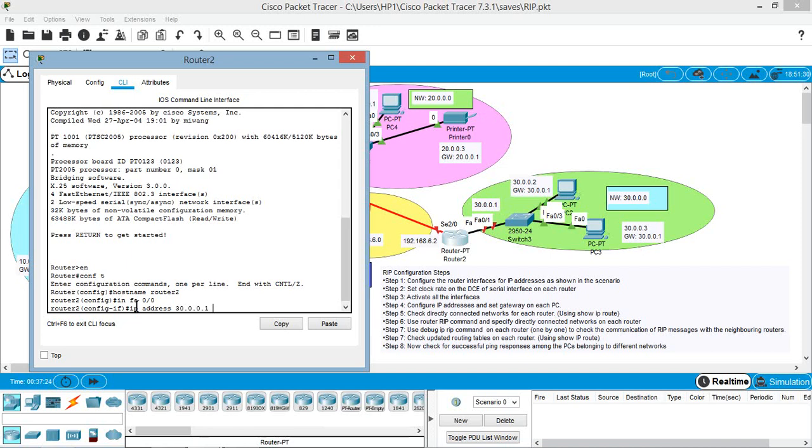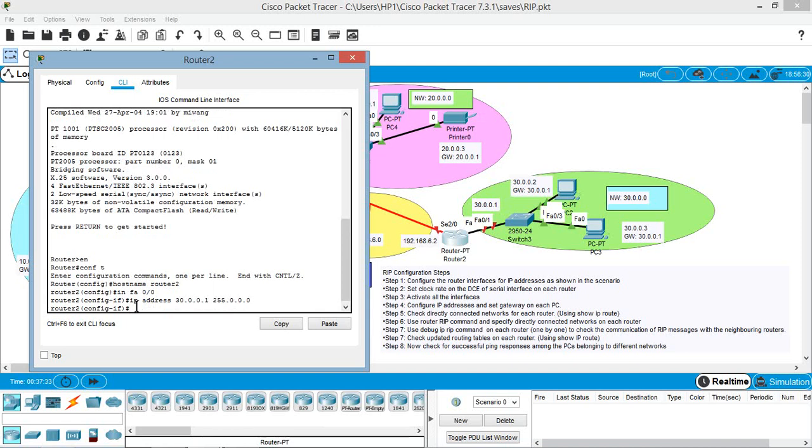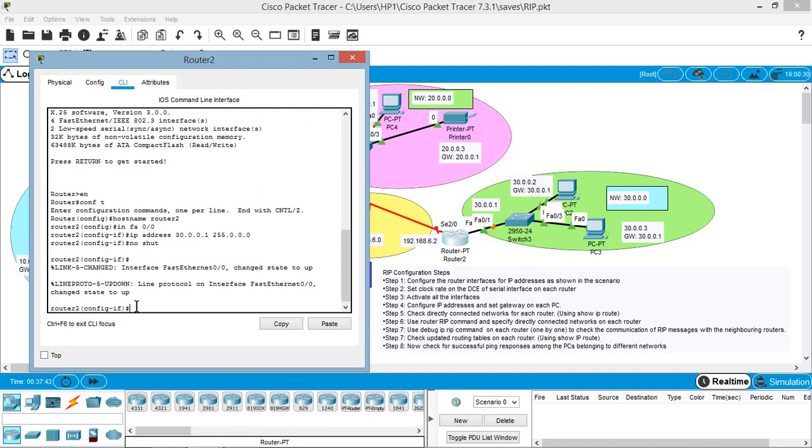This is again a class A IP address which requires a mask of 1 octet high and the remaining 3 octets low. The IP address is now configured on this interface. Now let us activate this interface by using the no shut command. The interface is now active.